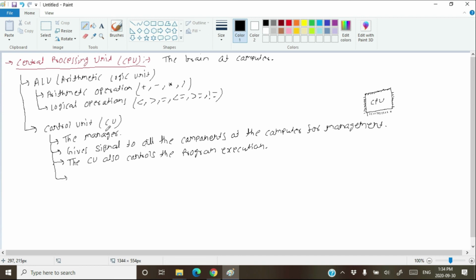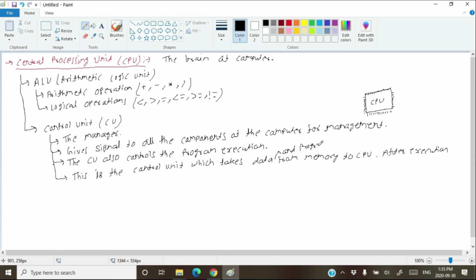This is the control unit which takes data and program both from the memory to the CPU, and after execution stores the result back into the memory.